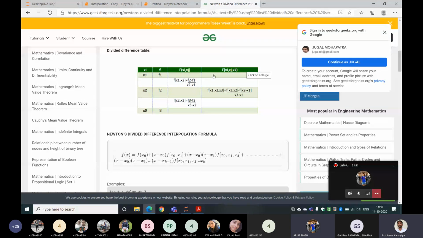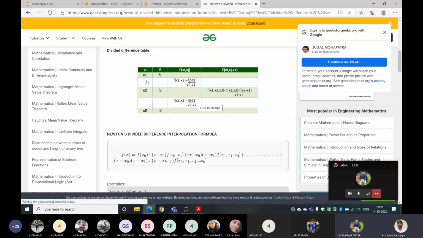So see, now I will tell the table structure. If suppose there are n data points, then you need a vector of size n to store this. This is just for presentation, this space is given here, but to store these 3 values you need a vector of size 3, right? Everybody agree? For x, suppose total n points, then how much size is required for x? N. Similarly, for the corresponding functional value, how much size is required? N. Correct? Yes sir, or no?